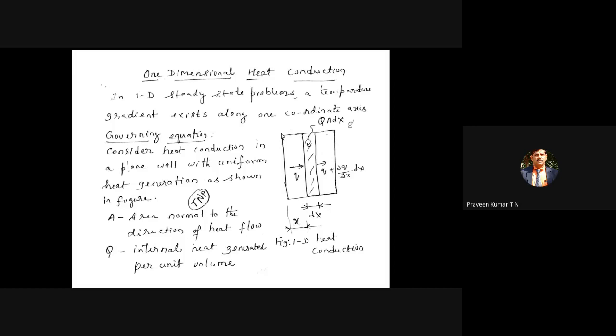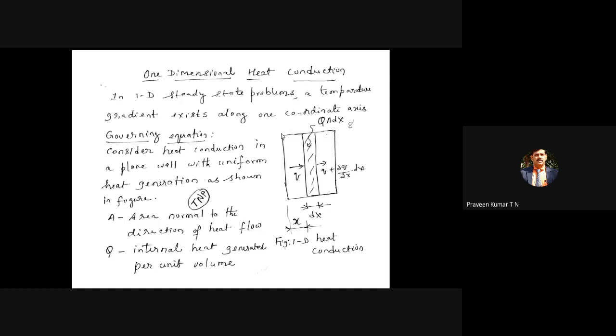So there is no change of temperature along the y direction. Or if you imagine a red hot steel rod that you are heating from one end, and you cut the rod, then if you consider the cut section area, the top surface as well as the bottom surface of the cut section may have the same temperature. That is referred to as one dimension.